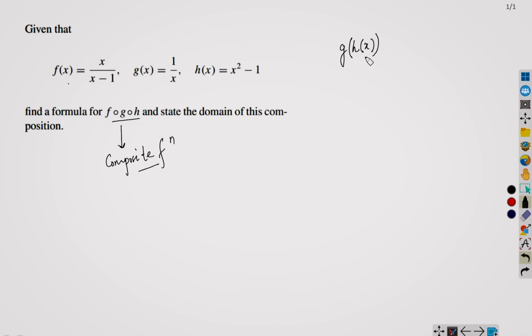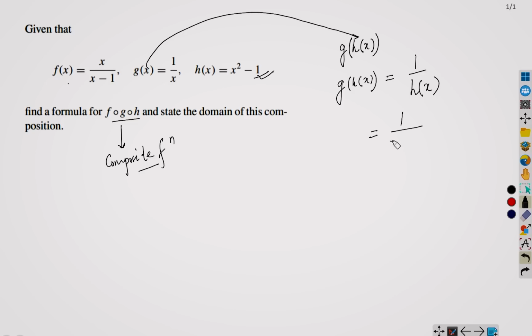So what we will do, we will substitute the value of h(x) in place of x. So we just replace x by h(x), and we obtain g of h(x) equals 1 by h(x), because g(x) is defined as 1 by x. So we just replace this. Now we know h(x) equals this one, therefore directly substituting the value, we obtain g of h(x) equals 1 by